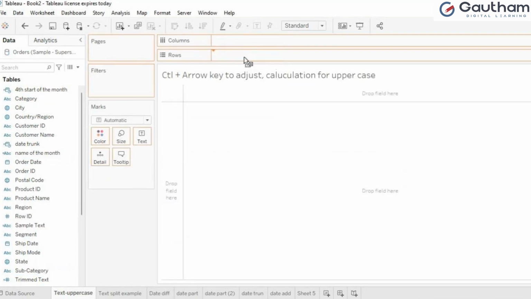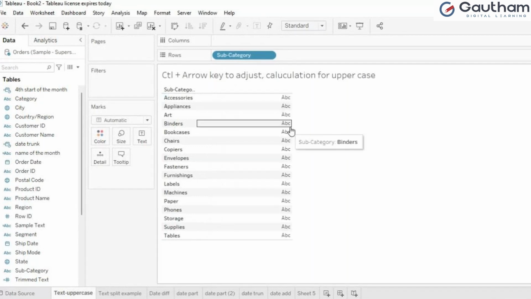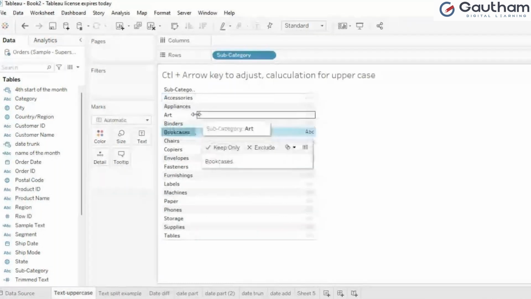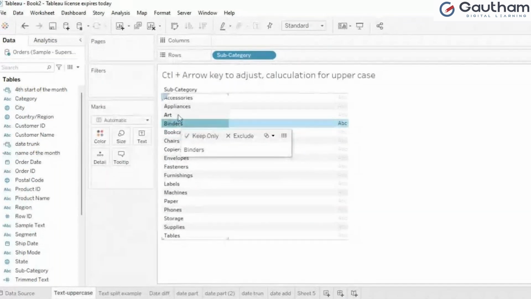I brought here the subcategory, and whatever I'm doing, I'll be writing here in simple words so that you can understand while going through the recording. There is an ABC letter icon on the side right here. To drag this one, I'm just coming here, and when the arrow comes, I'm dragging this way, that's it. If you wanted to drag any rows, you just come here and stop anywhere when the arrow shows, and you just do this. Do it for one, and every row will have its own space.